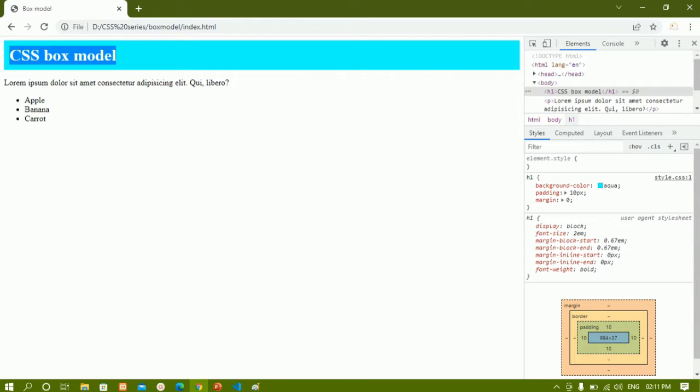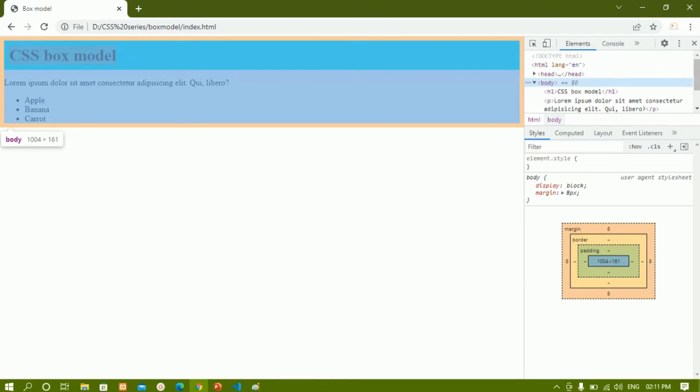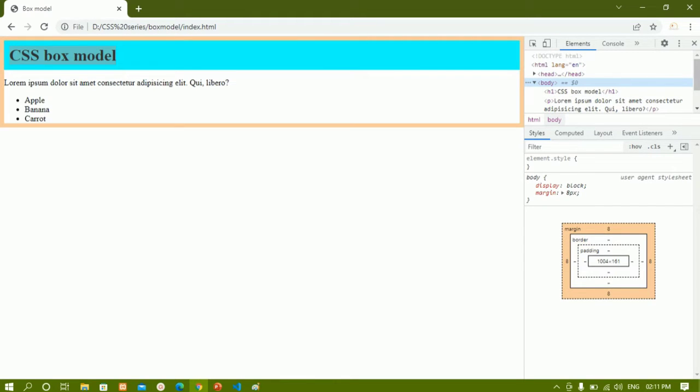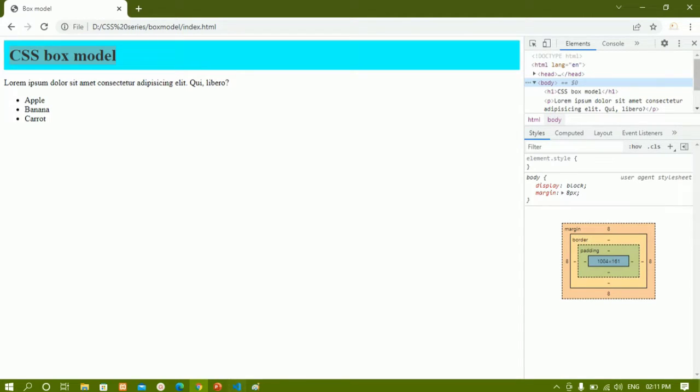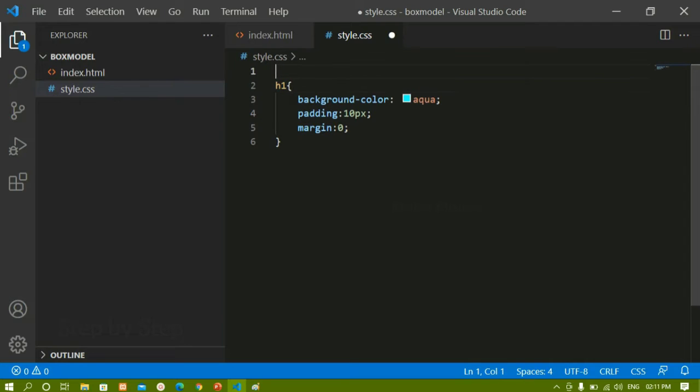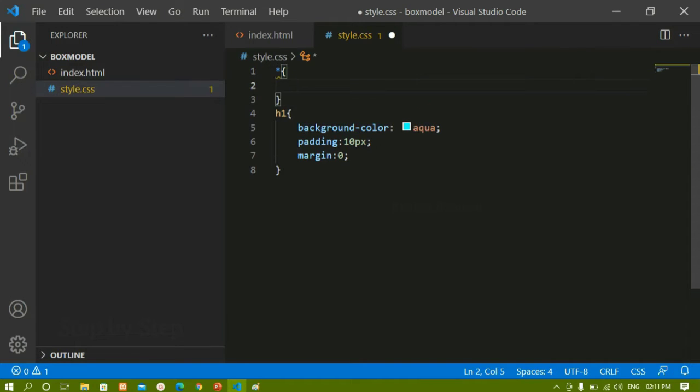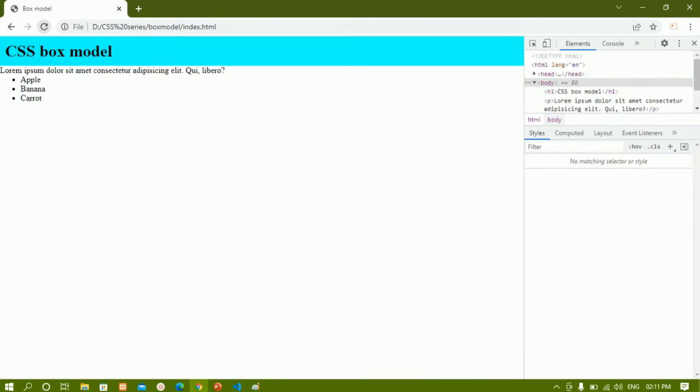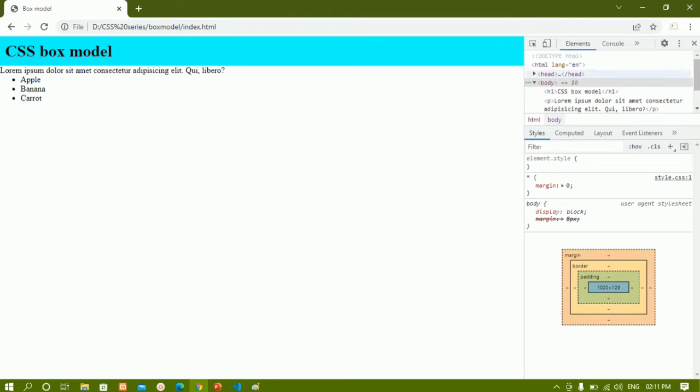This is nothing but by default inside this body we will be having some margin. You can see whenever I hover on this body tag and click on this margin, by default for the entire body I'm having this margin. Now to remove this one, we always use this universal selector. From here, I'm just going to write margin to be 0. I'll save this and refresh. Now you can see that the entire margin has gone. When I click on this body and this margin, I don't have any margin because I have removed the margin from the entire body and whatever content I'm having.